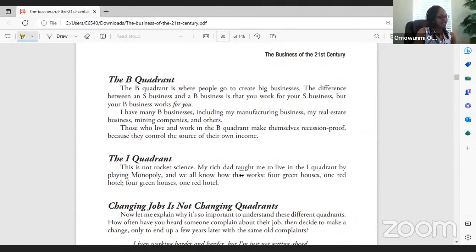So before you leave a secure paying job, you must have something to replace that income. And that's why people look for businesses. Like, okay, there's a business I can begin to do for myself. And as we can see, that is not even enough, because when you are self-employed and you don't work, you don't make money. Even if you go on vacation, if it's a traditional business, that business still stays, right?